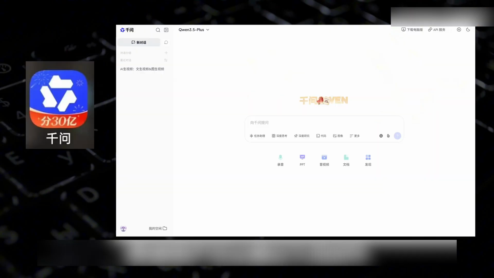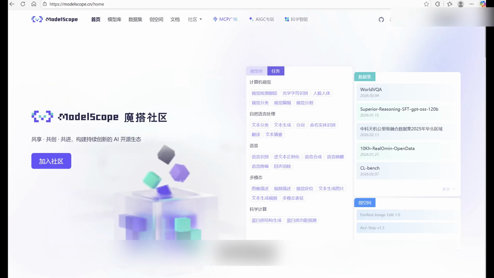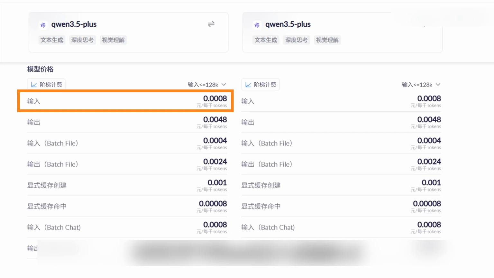Ordinary users can experience it free of charge through the Qwen app and Qwen PC. Qwen 3.5 Plus model developers can download it from the ModelScope community and Hugging Face to deploy the new model. At the same time, Alibaba Cloud provides large-scale and stable Qwen 3.5 API services to the outside world. Input is as low as 0.8 yuan per million tokens. It is 1/15 of GPT 5.2, 1/18 of Gemini 3 Pro, very good value.